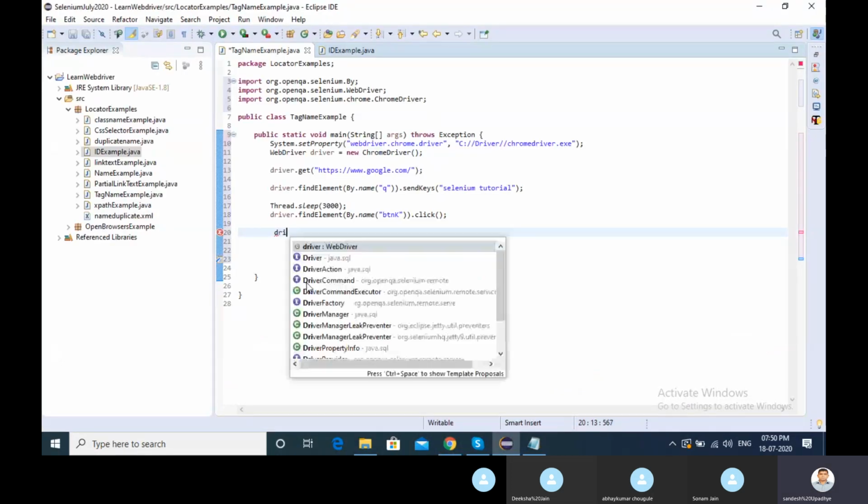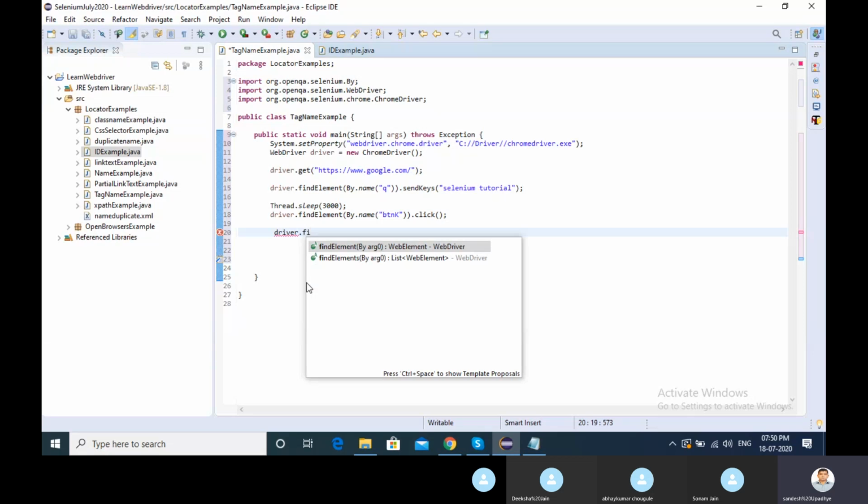I want to put driver dot, and there are two things, right? When we have only a single element, when we use only id, name, class, xpath, we use findElement. Now I want to extract the anchors which have the a tag. I have a collection, a list here, that has the a tag.